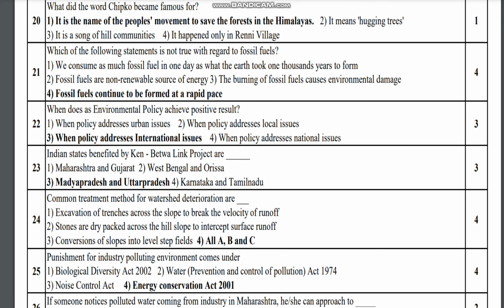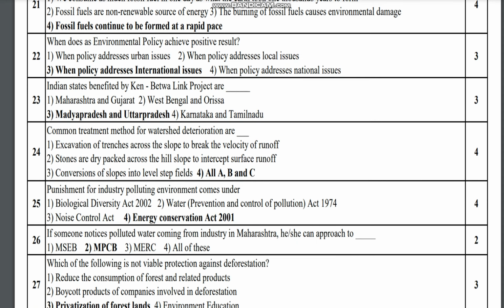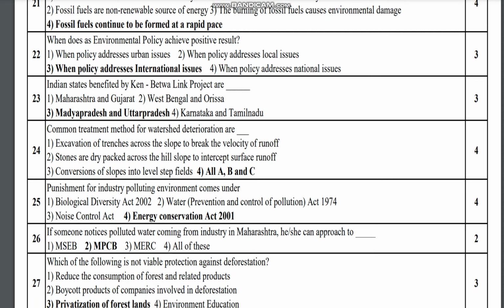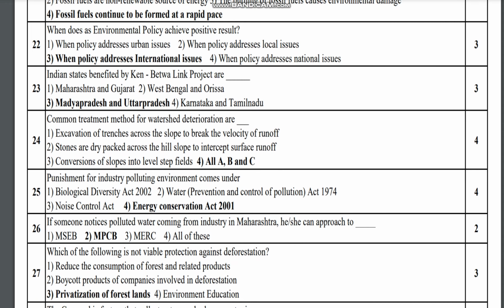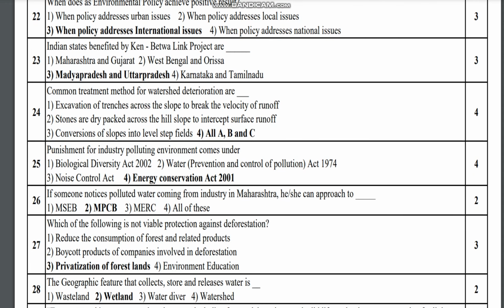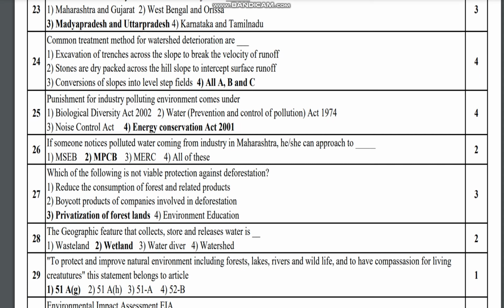Then which of the following statements is not true with regard to fossil fuel? Fossil fuels continue to be formed at a rapid pace. Question number 22: when does an environmental policy achieve positive results? When the policy addresses international issues. Question number 23: Indian states benefited by the Ken-Betwa link project are Madhya Pradesh and Uttar Pradesh. Then common treatment methods for watershed deterioration are